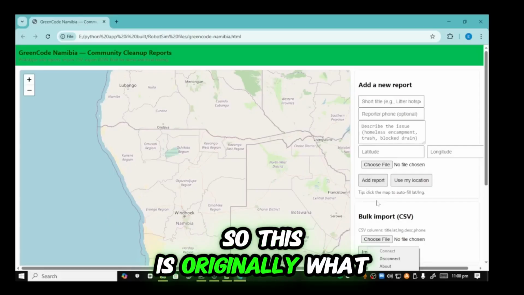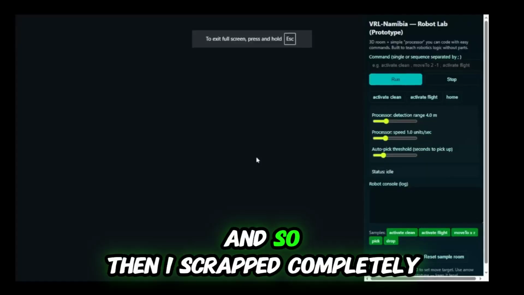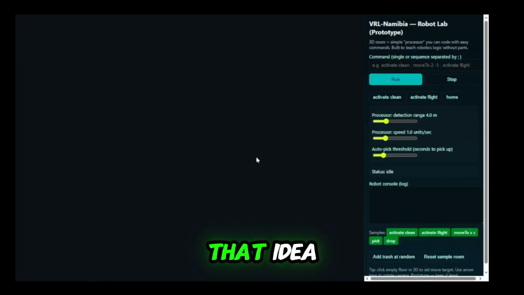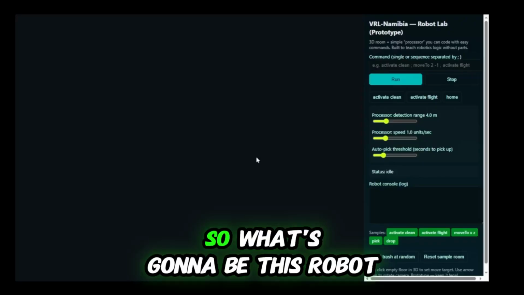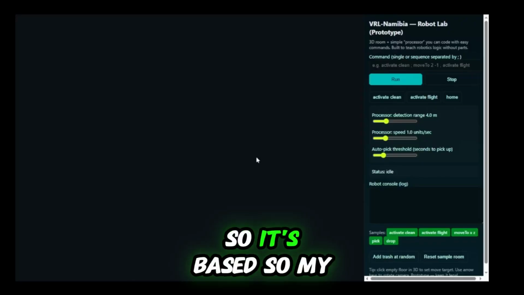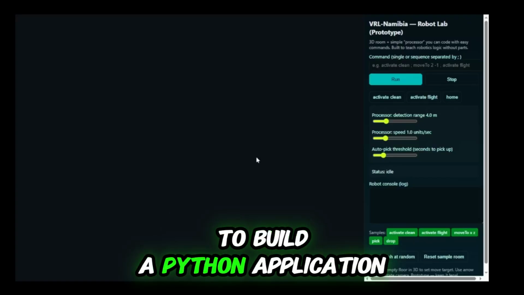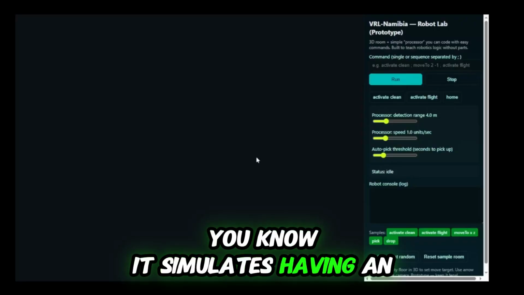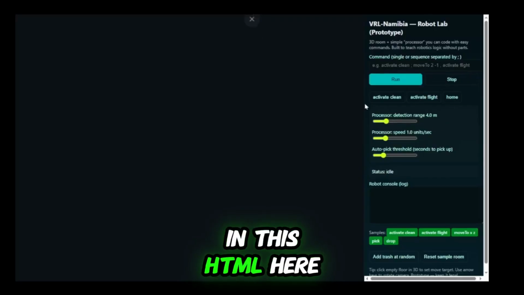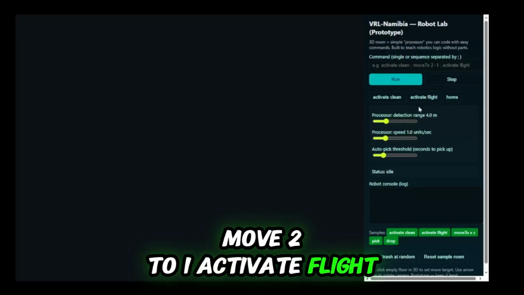This was originally what I planned to build, but plans didn't go as planned, so I scrapped that idea completely and decided to come up with a robot lab prototype. So what's this robot lab prototype going to be? My original plan was to build a Python application that simulates having an actual robot. As you can see in this HTML, you can see activate clean, move 2 to 1, activate flight. These are all